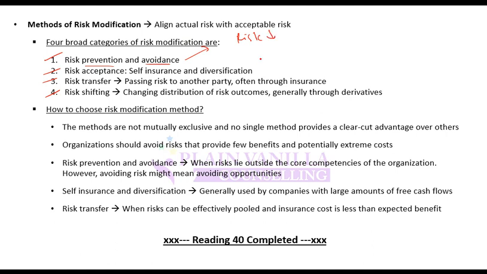But what is the loss? The loss is that if you do not take risk and completely avoid it, then you wouldn't make any return either. So in order for you to make a return or extra return, you need to take more risk. So avoiding risk can lead to lower return as well. Or second, you accept risk and then you find ways to reduce that risk. How do you reduce it? You can reduce it through self-insurance and diversification.